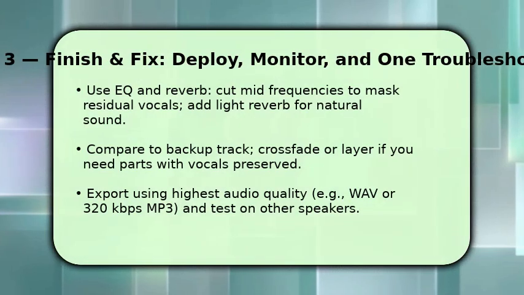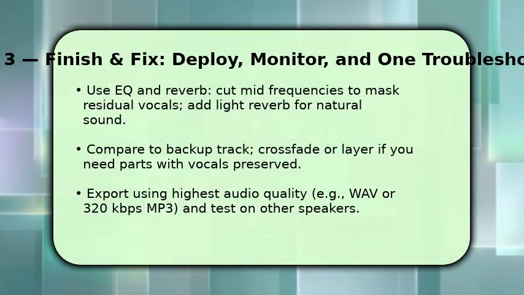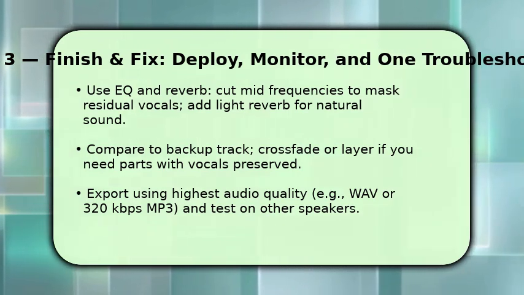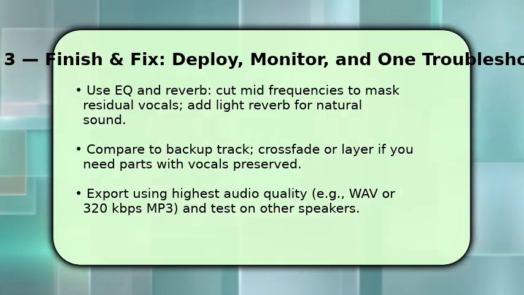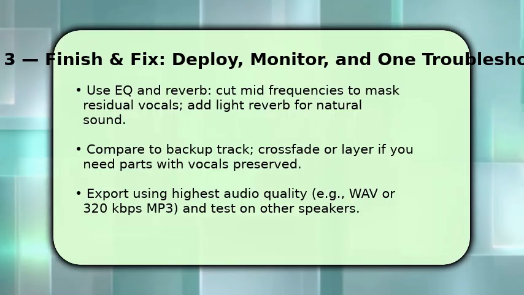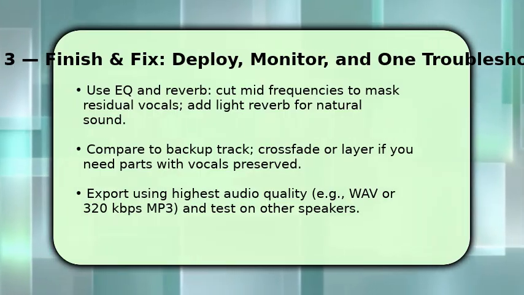You finish by refining the process track. Apply a gentle EQ to reduce remaining vocal presence in the mid-range, and add light reverb so the instrumental sounds cohesive. If some sections still have voice, switch to your duplicate track and layer or crossfade between versions to keep